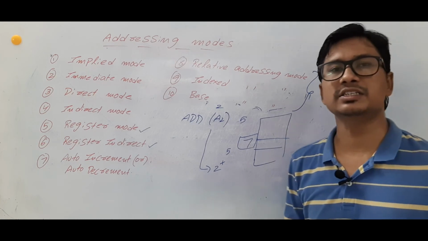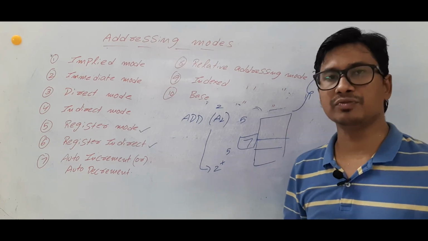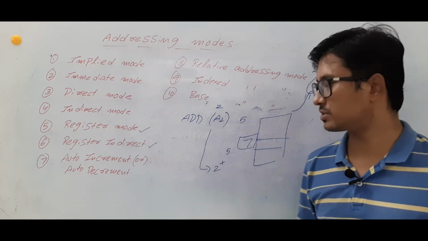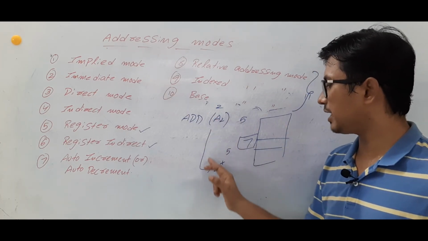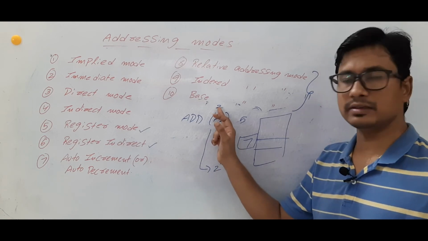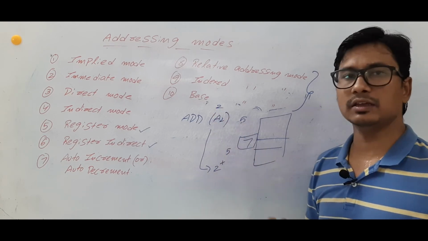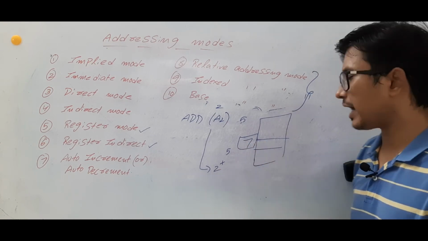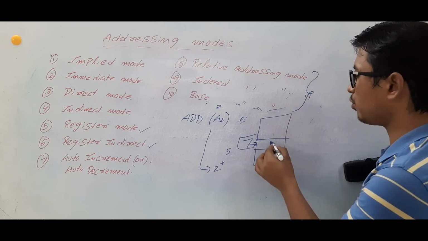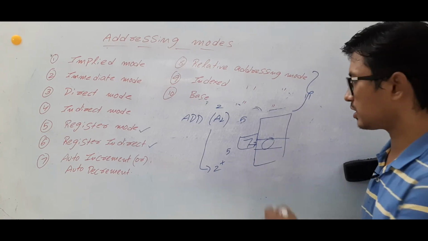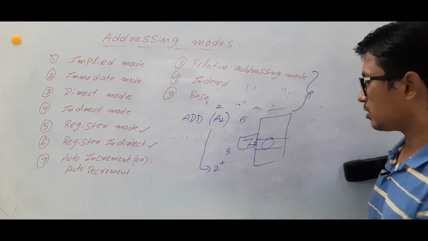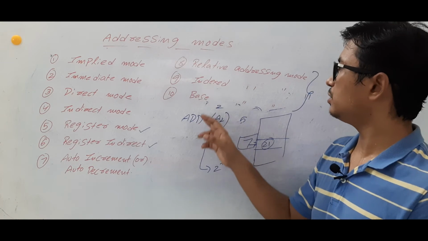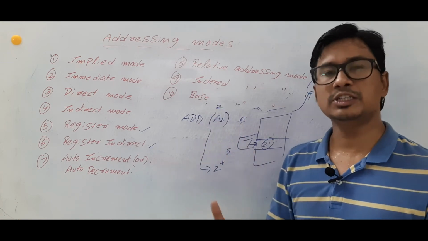Are you able to understand? Same as block number and block offset. First you will get the block number and then you will add it to the block offset. Similarly here, first you will get the value, whatever it is, the address. Then for that address you will add the offset. Whatever result you get, you will go to that address location, and whatever value is there in that address location, that will come here. Suppose it is 21, that value will come here. Are you able to understand? So this is the displacement addressing mode.